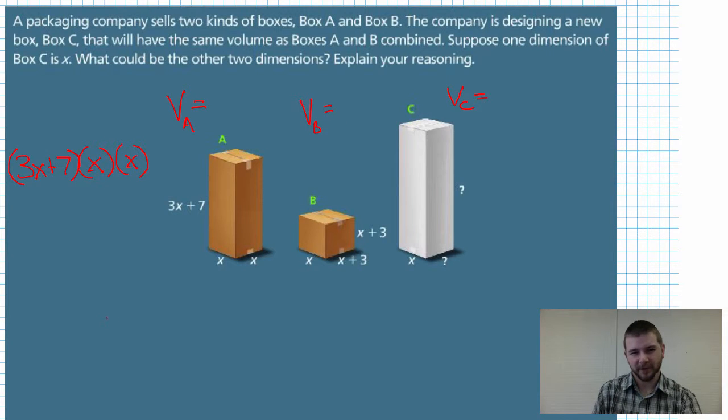Now, I would prefer to multiply the two x's to begin. X times x and then distribute the x squared to both terms inside the binomial. And that represents the volume of box A. Some similar work to find the volume of box B